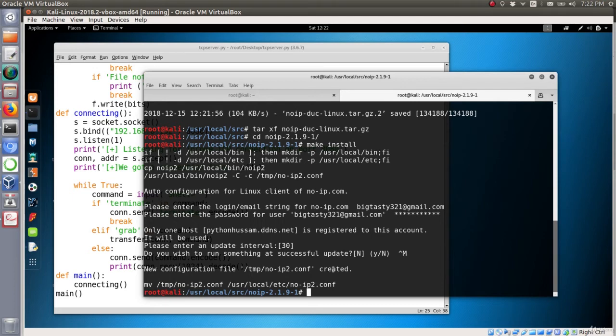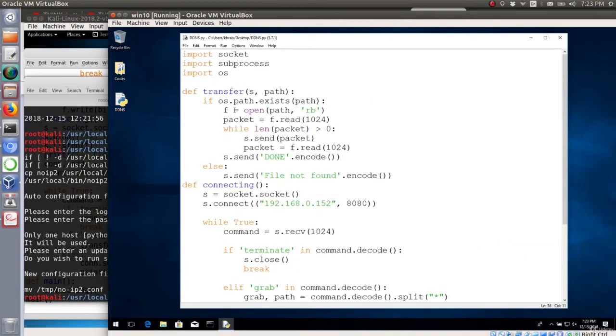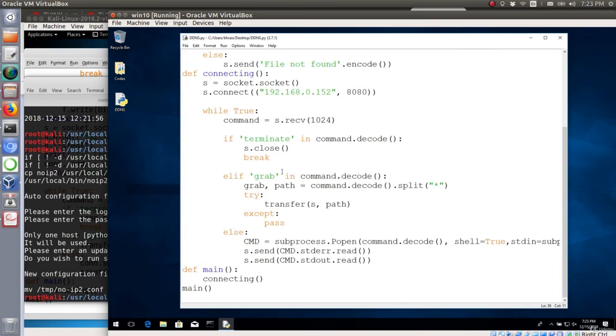Right now, let's jump to the client side, to the Windows side, and update our code. Okay, so right now I am on the client side, and this is our TCP reverse shell. So before calling the connect function, we just need to do the simple DNS lookup, and it's pretty straightforward in Linux. I will just use IP, then socket, and to do that we need to call the function which is get host by name. Okay, and then we need to pass the domain that we want to do the lookup,